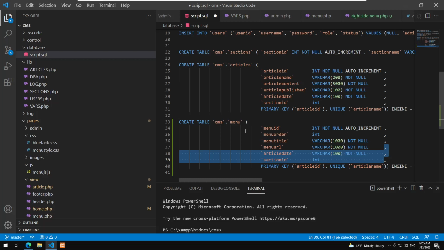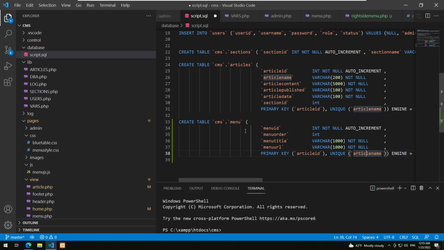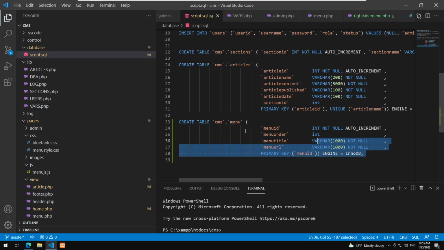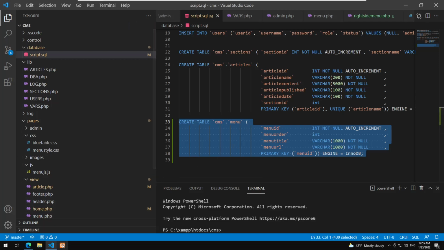Okay, there you go. And the field menu ID is the primary key, and we don't need a unique index to that. It's as simple as that. Nothing more, nothing less. That's it. And we are going to create this, save, and after we save this, we just go here